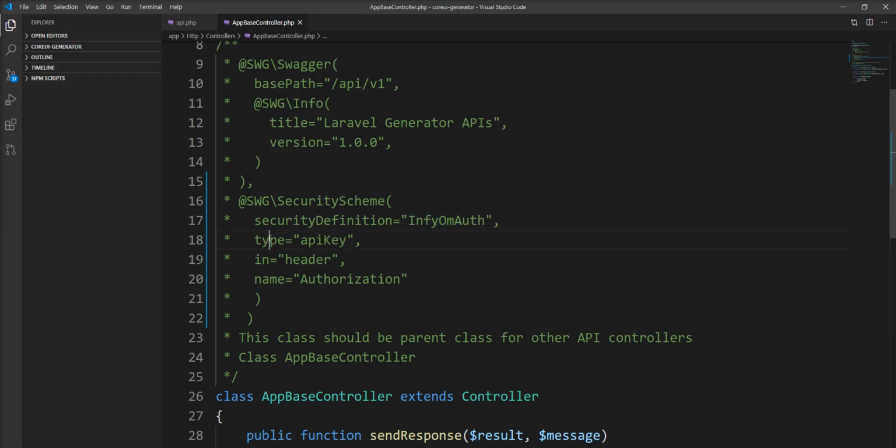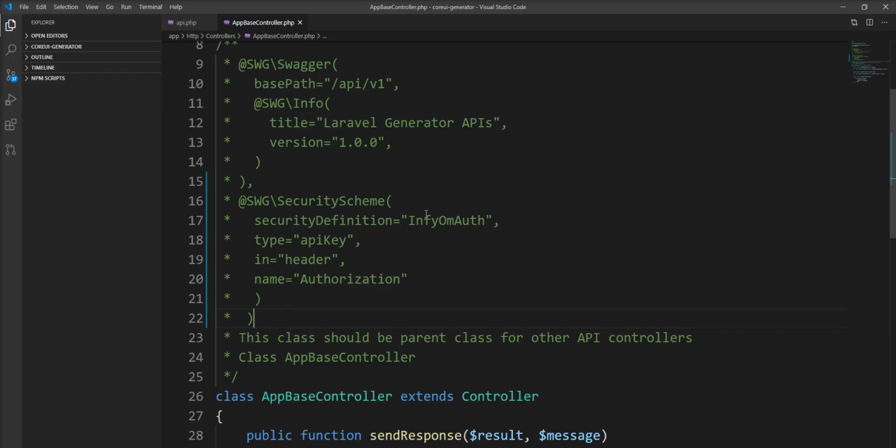Also specify type as apiKey, where you are passing the token. You are passing it in the header, so specify in equal to header, and specify the key name of the token. We are passing the token in the authorization key, so I specified authorization as the name.